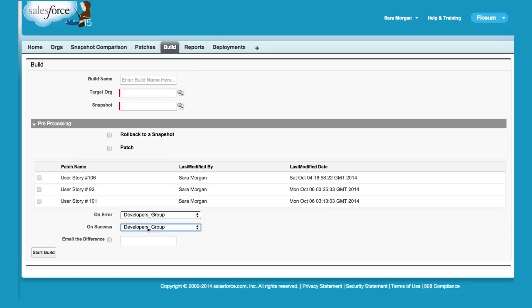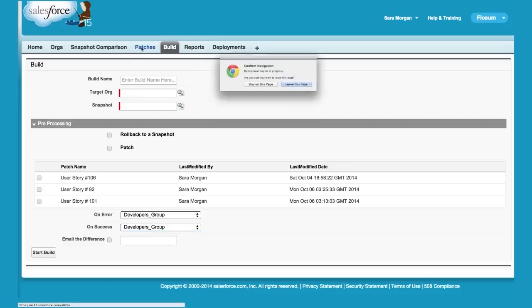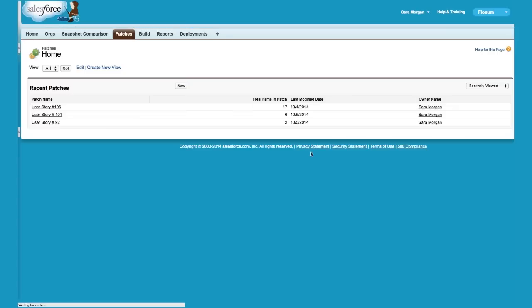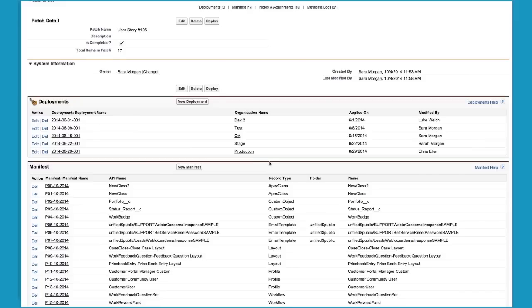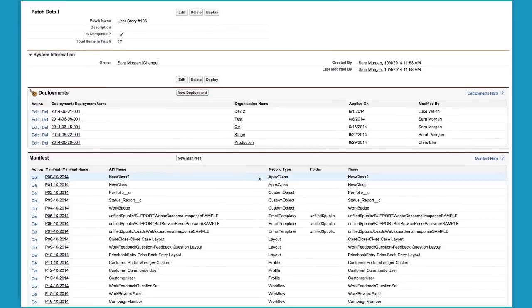However, some customers want to be very selective in the changes they apply to an organization. Patches allow you to do exactly that. Using patches, a developer can pick only the files that he or she wants to move between orgs. In this patch, the developer has included metadata such as Apex classes, custom objects, email templates, layouts, or any of